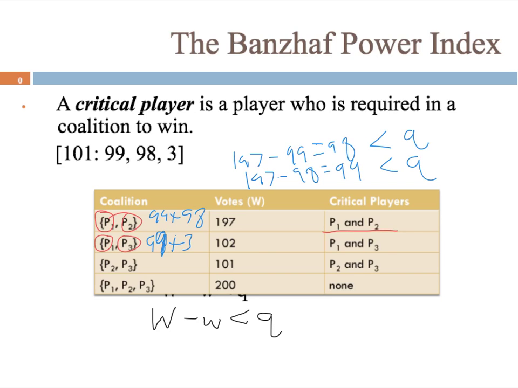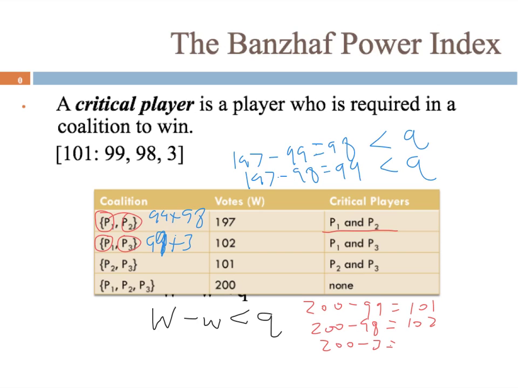Notice on the bottom, player 1, player 2, player 3. None of those are going to be critical, because if we take 200 and subtract, for example, 99, player 1's vote, that's going to be 101, and that's still enough. So player 2 and player 3 can win it alone. 200 subtract player 2's votes, that's going to be 102. That's enough, and 200 minus 3 is definitely